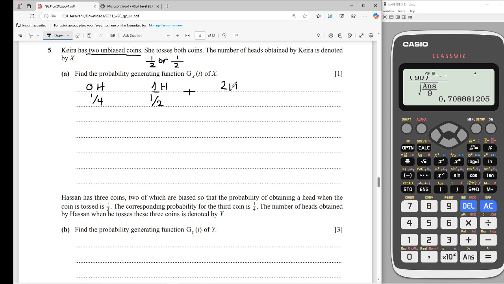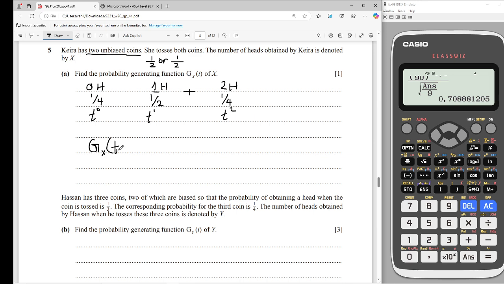2 heads. Probability of getting 2 heads is the same as getting 0 heads, which is 2 tails. That is going to be 1 by 4. And so now a t is associated with whatever number is written over here. So t will be to the power of 0 here, t will be to the power of 1 here, and t will be to the power of 2 here. Hence our final equation will be in that g